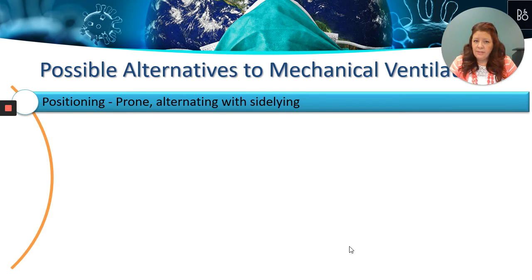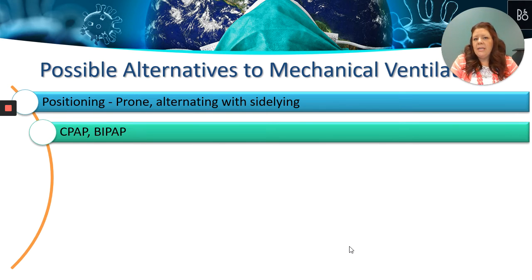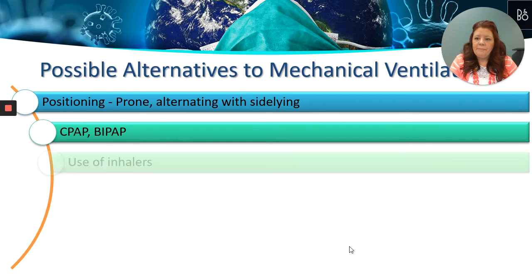I know with folks that they're actually doing a lot of prone positioning, alternating with side lying. So they're trying to get people in prone. When you put people in prone, you're helping to increase blood flow to the front part of your lungs, help with ventilation in those lower lobes, which tend to populate more on the posterior part of your chest. They may try some non-invasive ventilation, so continuous positive airway pressure via CPAP, which is similar to what people wear for sleep apnea, or BiPAP, which is